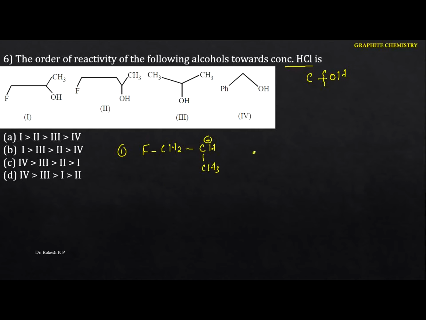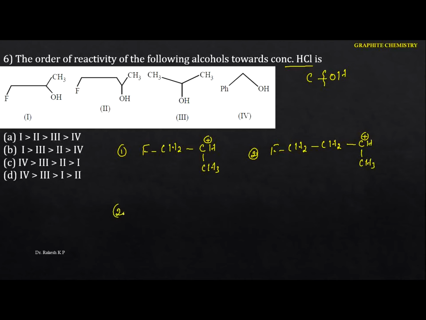And for the second one, again we are engaging with the fluorine. Next is the CH2, and the next one is the CH2. Afterwards we are engaging with the C. This is particularly the CH, which carries the plus, and again we have the CH. This is the carbocation for the second one.